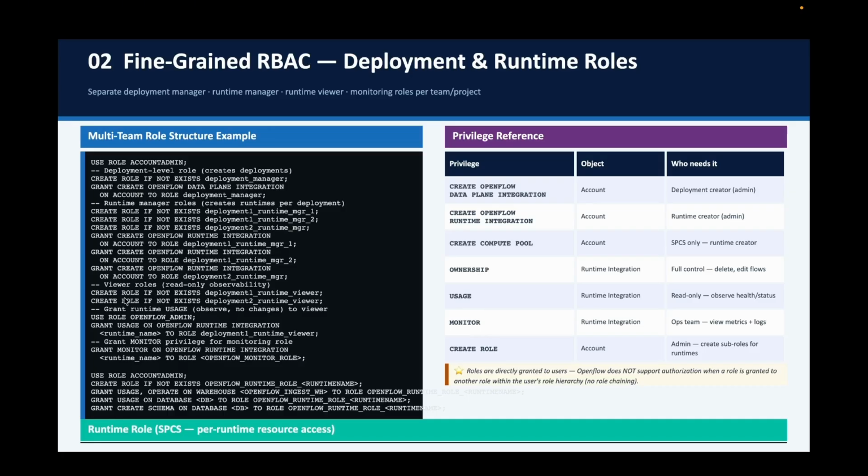Similarly, you have viewer roles. It's only read only for observability. And for that, create one more role called deployment runtime viewer role. Similarly, create another deployment, for example, deployment underscore runtime underscore viewer roles, and provide the required grants. Grant runtime usage to the viewer